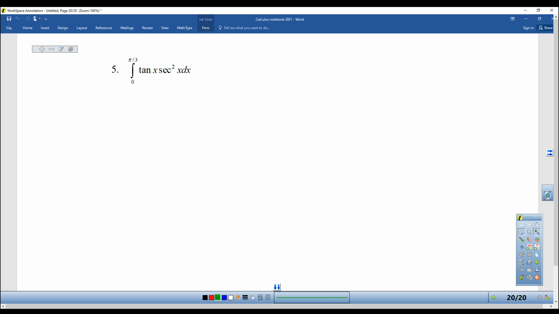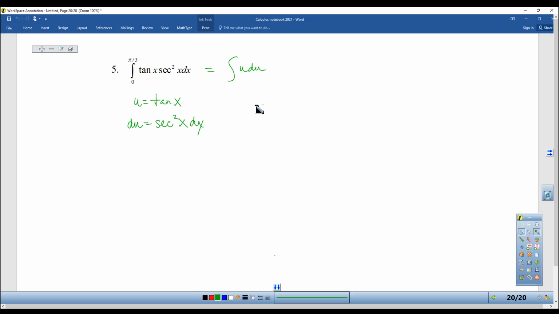Last one for the day. I'm going to make my u the more complicated one normally when I have two trig functions, but you might actually just recognize that the derivative of tangent is secant squared. We'll do it both ways, but a lot of people will recognize that the derivative of tangent is secant squared, and then this just becomes